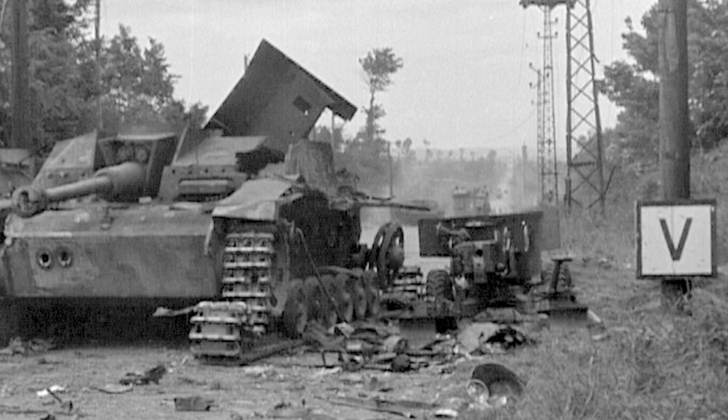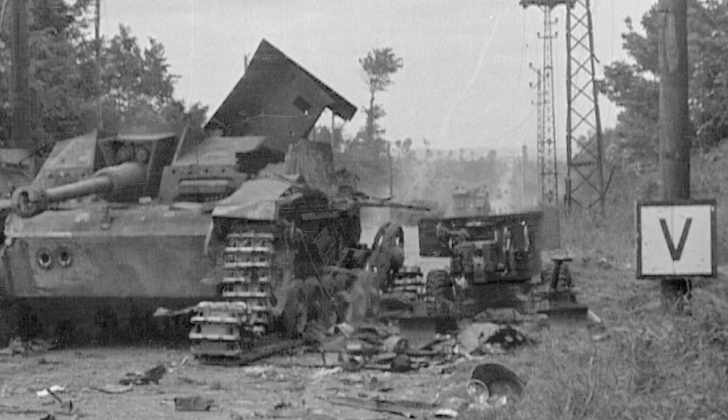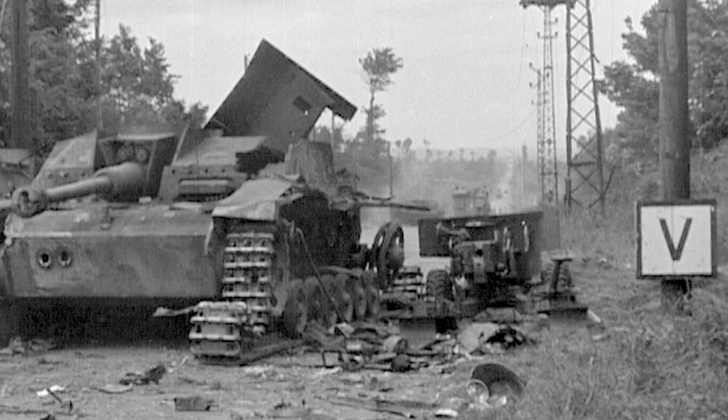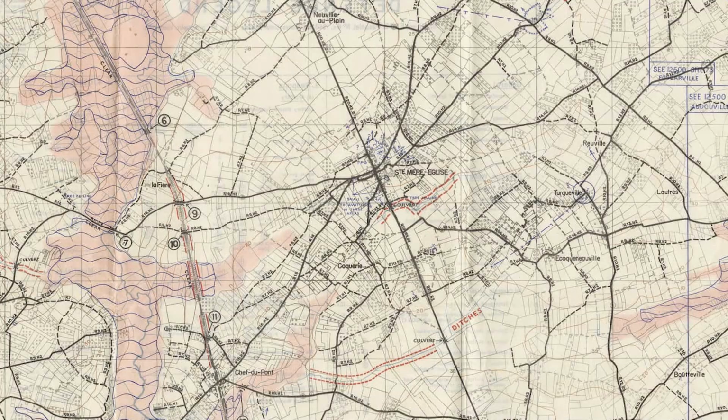That stretch of road around Sainte-Mère-Église, of course, because the tourists now come up and go into the town and stop, they look at the museum. The actual stretch of road, that part of the N13, has now been widened, and I think people tend to avoid looking at that sector now because you can't quite get to some of those locations because of the way the road works. So I think those counterattacks on the town have been in some ways overlooked and emphasis put on other things, such as the fighting in the square, which isn't in any way as important as what was actually happening on the highway itself. And that, of course, brings in the importance of Sainte-Mère-Église as being a crossroads town,